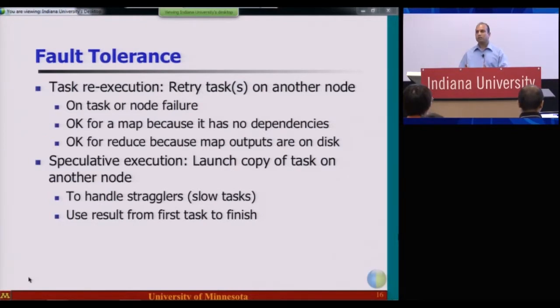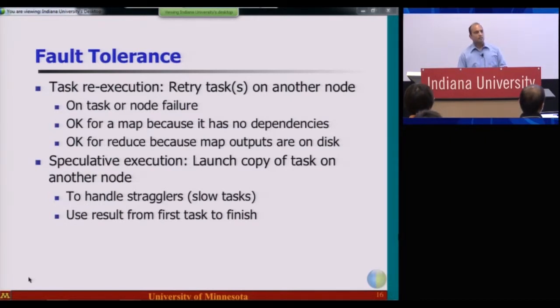For the reducer, it depends on the outputs coming out of the mappers. If a reducer dies, you simply reassign that reduce task to a different machine, and then you have to resend the data from the mapper. The data is sitting on the mapper in secondary storage already, so you can fetch it from there. Now if a mapper dies, and the data is not available anywhere for the reducer to consume, then you may have to re-execute the mapper as well. So I hope that answers the question.